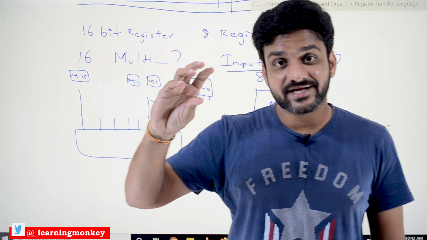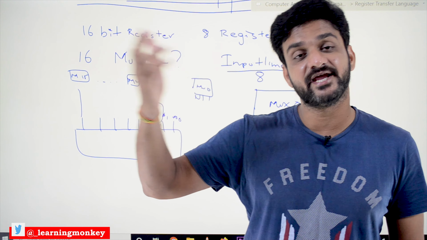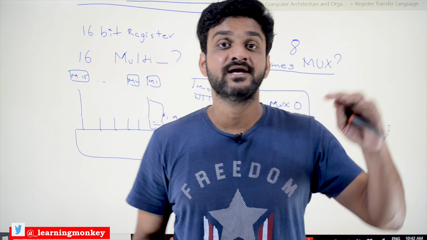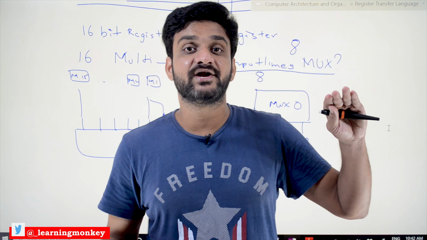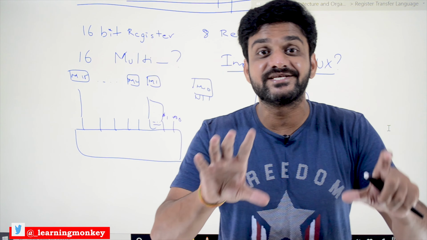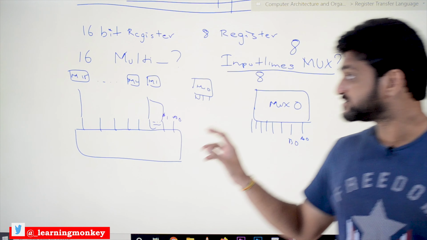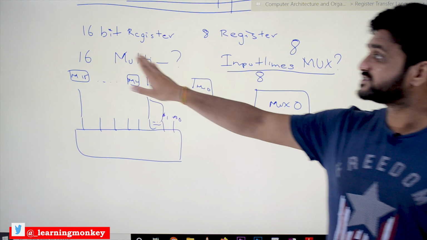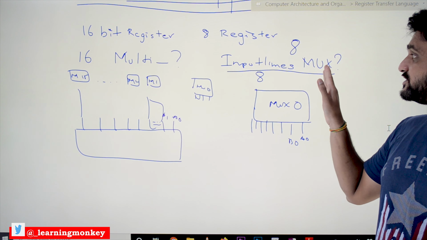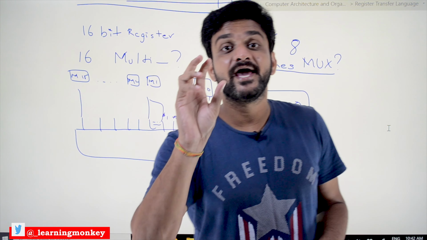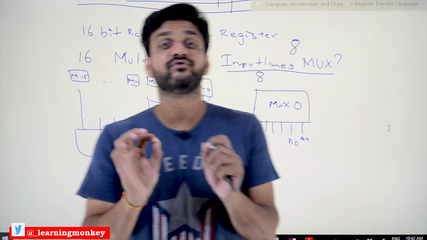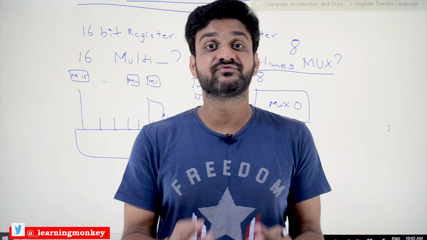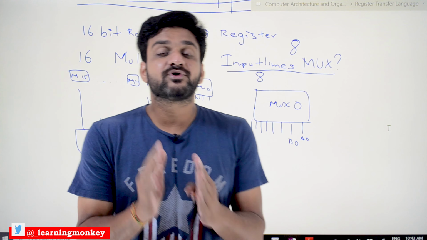So what kind of multiplexer has to be taken? Is it an 8 by 1 multiplexer or a 16 by 1 multiplexer? How are we going to decide that this many multiplexers are required with these input values? That decision is made based upon this logic. So based upon this discussion, we are going to say that 16 multiplexers are required, with every multiplexer having 8 input lines. So this logic is very, very important to understand. I am stressing it again and again because of the importance of this concept. Hope you got clarity on this concept.